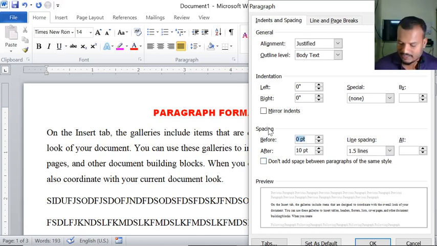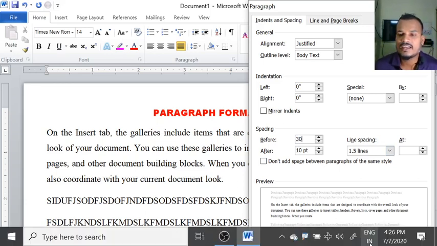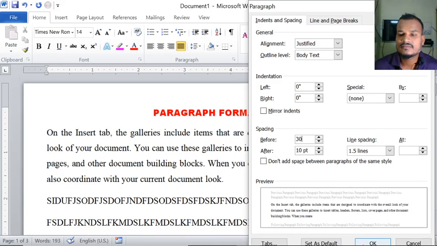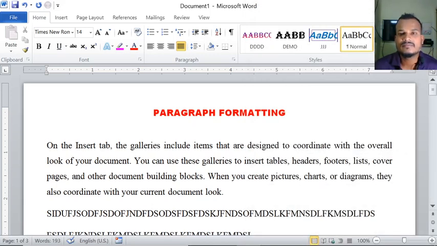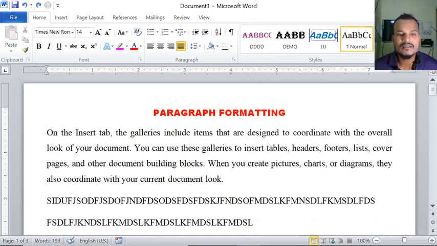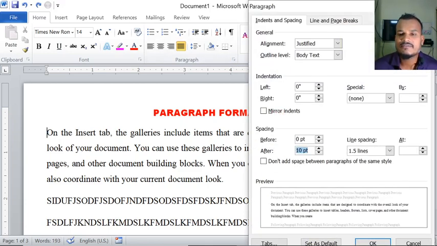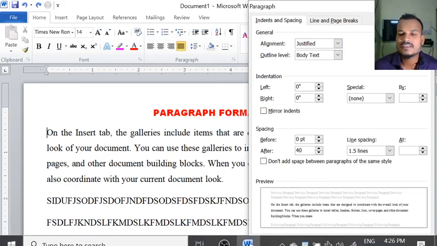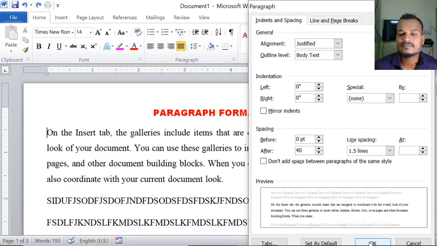For example, 30 points, see here, you observe the space here, before I have given. After the paragraph I want the space, so select here after, and here I will give 40. After the paragraph the space will come, see.